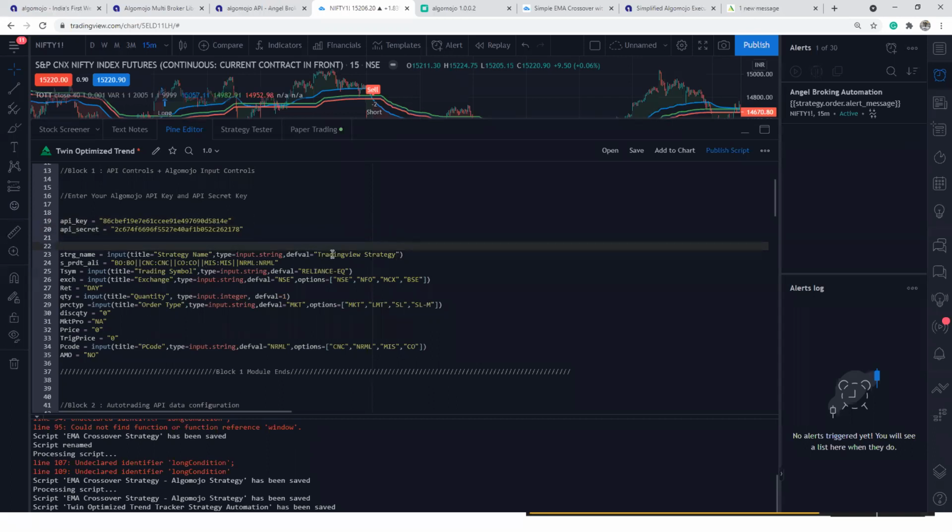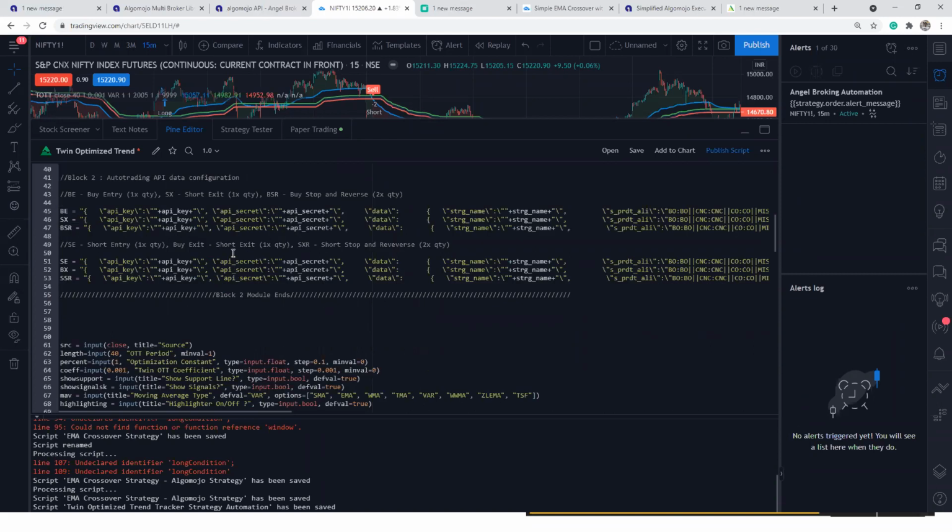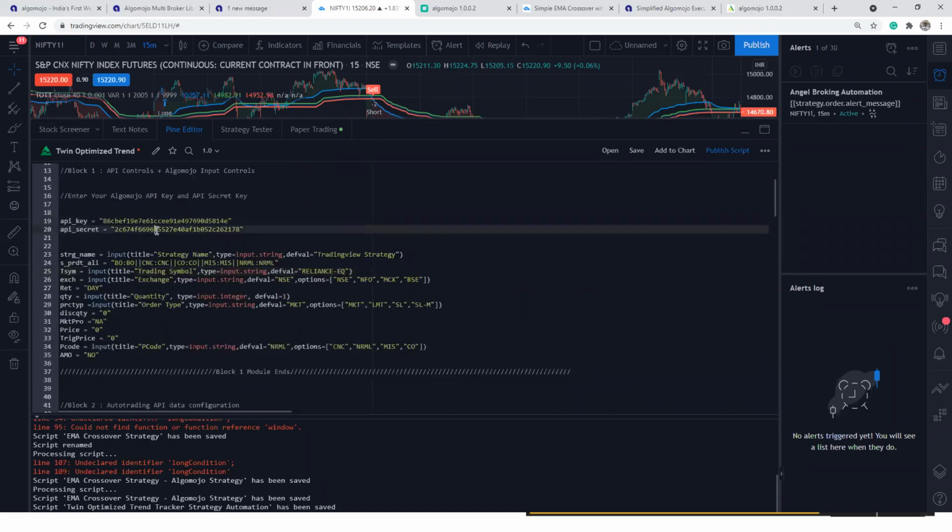And now what symbol do you want to send? By default, I want to send it to Nifty futures. Again, type the Nifty futures value, Nifty 27. Or you can also control it externally. You don't need to control it over here. You can keep it as it is. You don't need to touch anything on block 1 and block 2, but you can configure those values externally. You need not touch anything on the code. Only the API key and API secret key you are changing. That is more than enough.